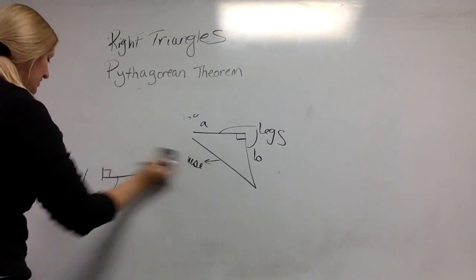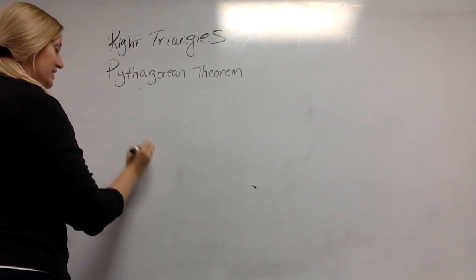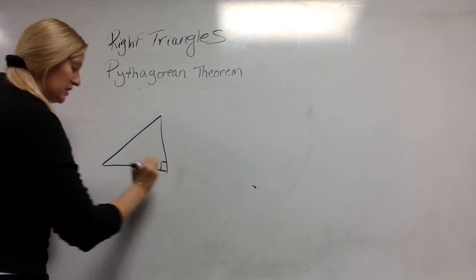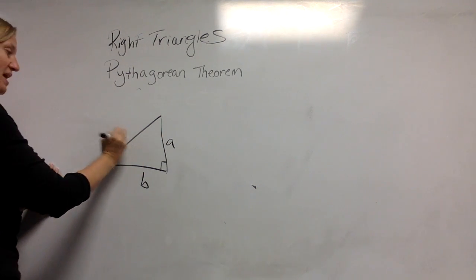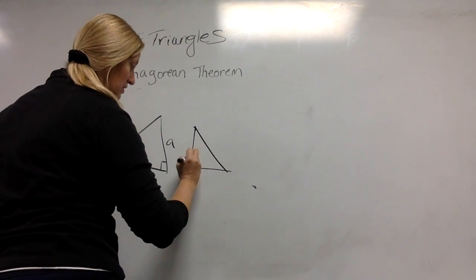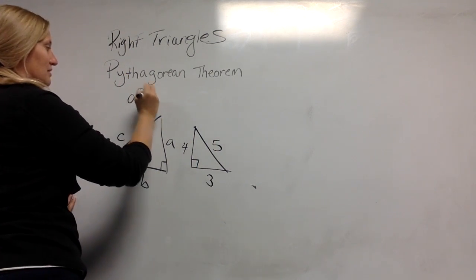So, again, it doesn't matter. These are called the legs. They are A and B. This is called the hypotenuse. That is C. So, if I give you one that looks like this,